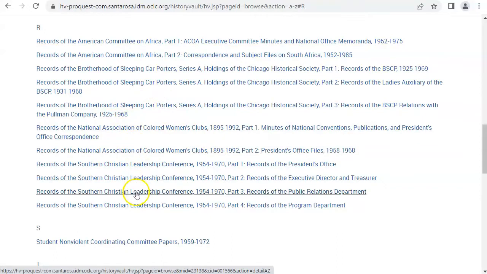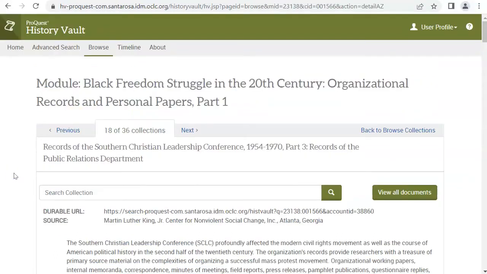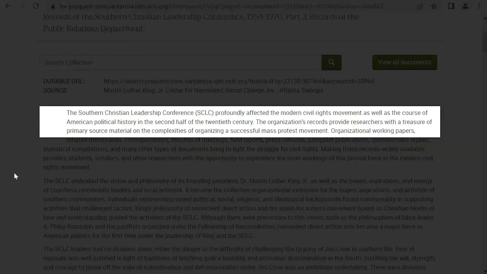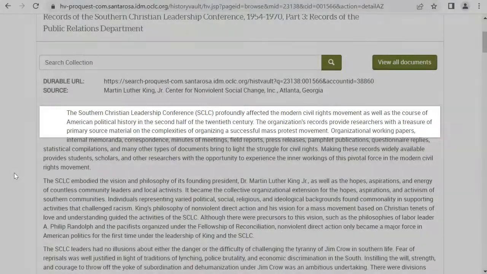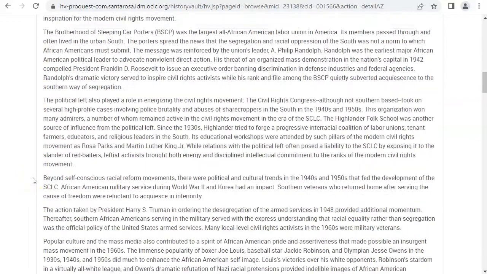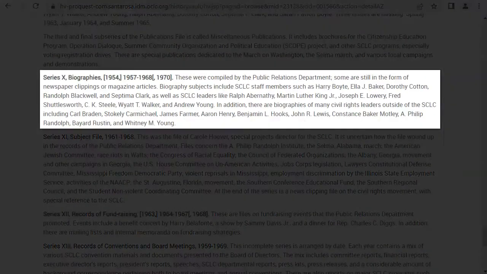Relations Department. Here's a detailed description of the collection, which includes history about the Southern Christian Leadership Conference, SCLC, and information its Public Relations Department disseminated about its founder, Dr. Martin Luther King Jr., community leaders, and activists. If I scroll down, here's the series I was looking for, Series 10, Biographies.